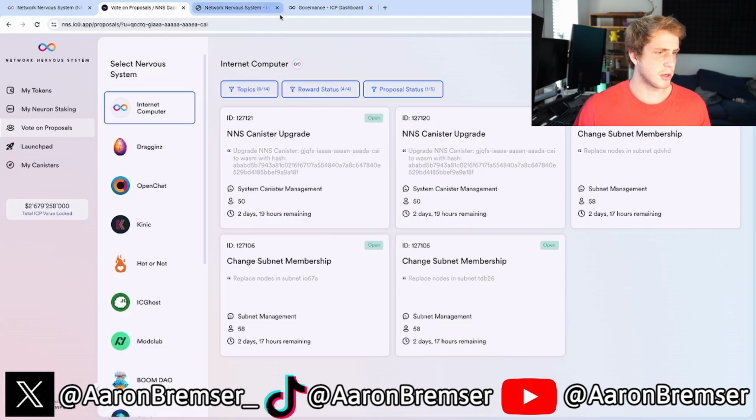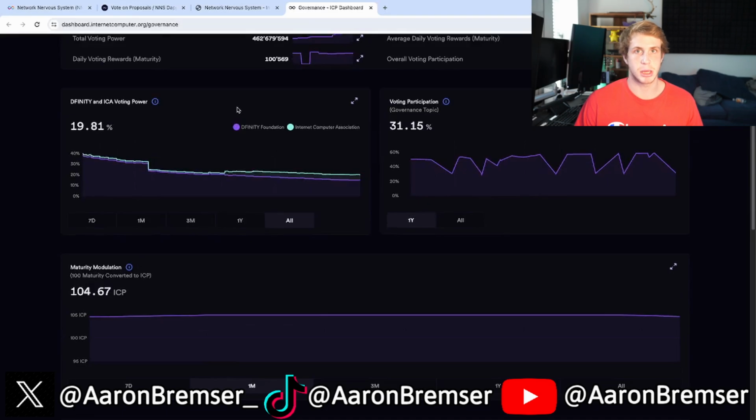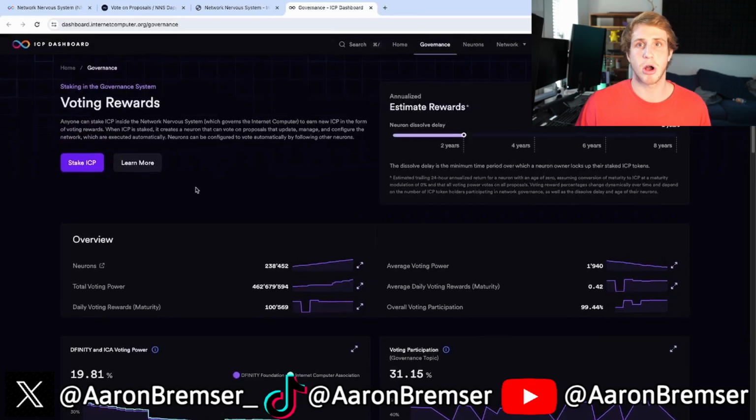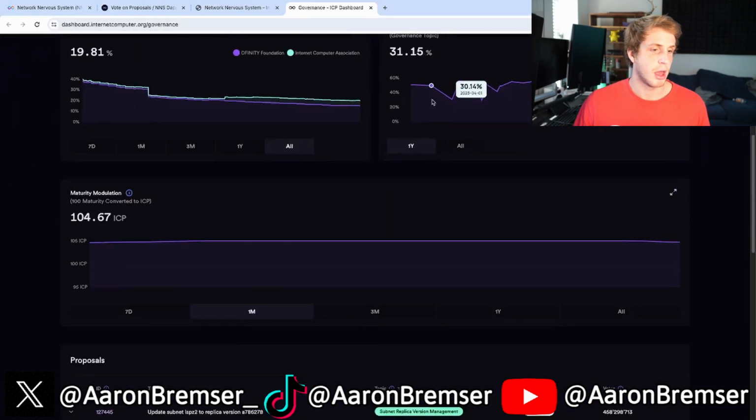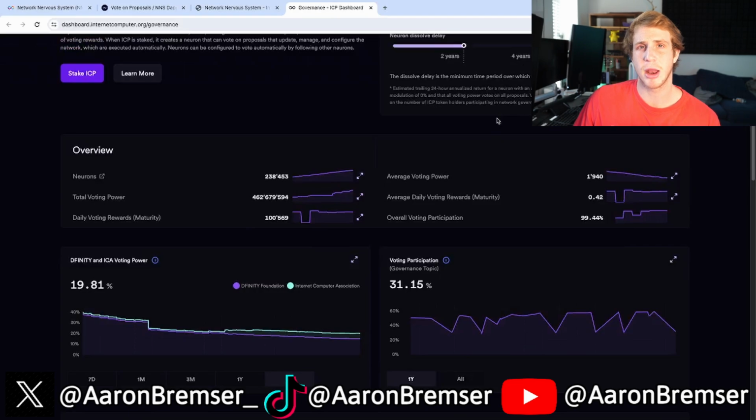Now, as you can see by the governance, the NNS isn't completely decentralized. Obviously, Dfinity's voting power is very high. But when it comes to anything I talked about in my video yesterday, about whether the Internet Computer is decentralized, decentralization is a spectrum. At the end of the day, no matter what scenario, there's going to be someone who has more power. Currently, it's Dfinity, and I don't think that's a bad thing. I think it's okay that Dfinity has the most power as long as they're using it in the right way, and they are continuing to build and trying very hard. Not everyone in the community and not everyone in crypto agrees with what Dfinity does, but at the end of the day, at least they're trying their best. They want the best for the Internet Computer.